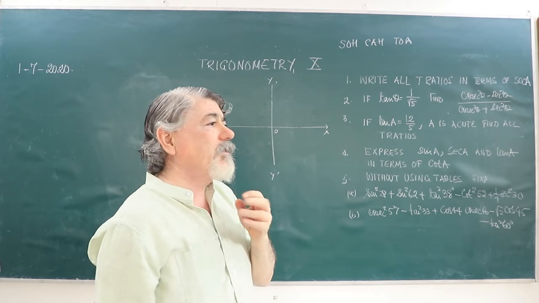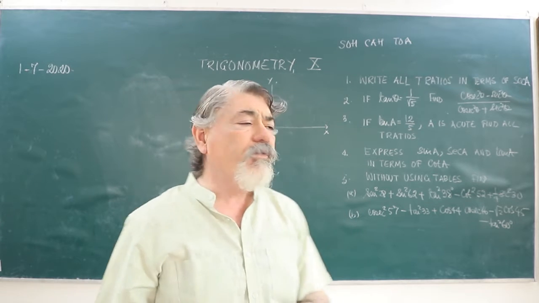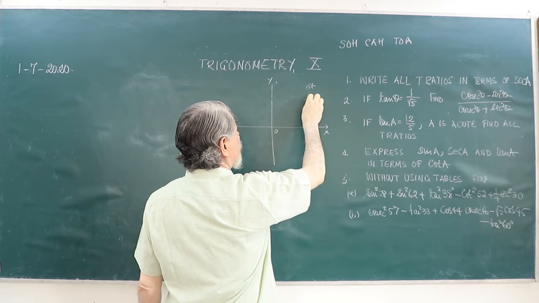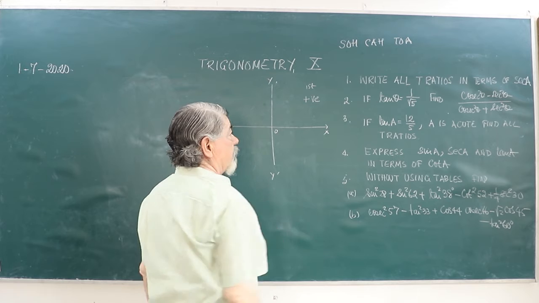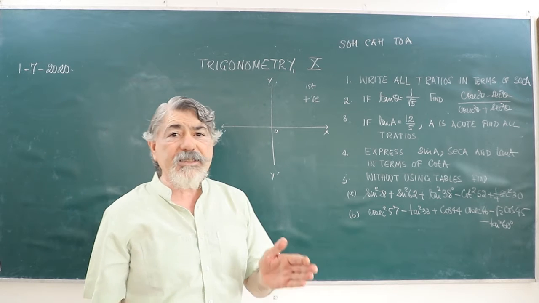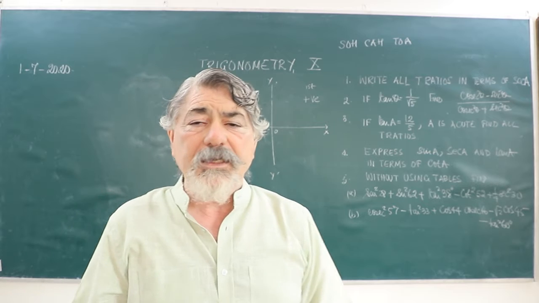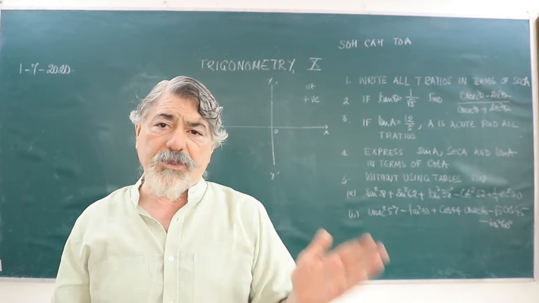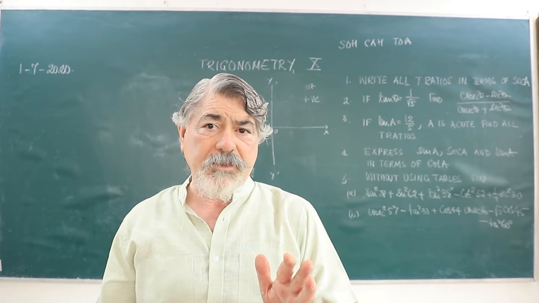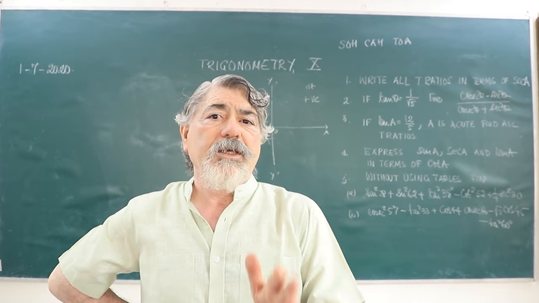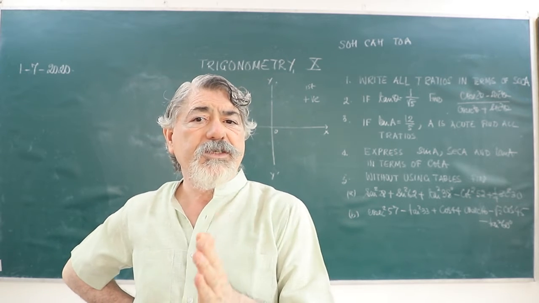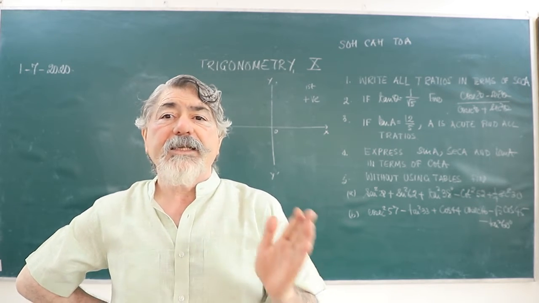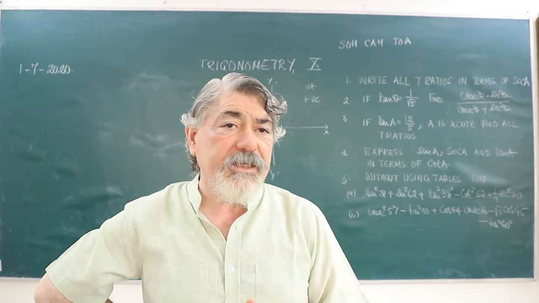So the trigonometric angles which fall in the first quadrant will always be positive. All are positive. And when we take 90 minus theta or 90 plus theta, sine will change into cos, cos will change into sine. There will be a change of the ratio. Sine will turn to cos, cos will turn to sine, cosec will turn to sec, sec will change to cosec, tan will change to cot, and cot will change to tan.